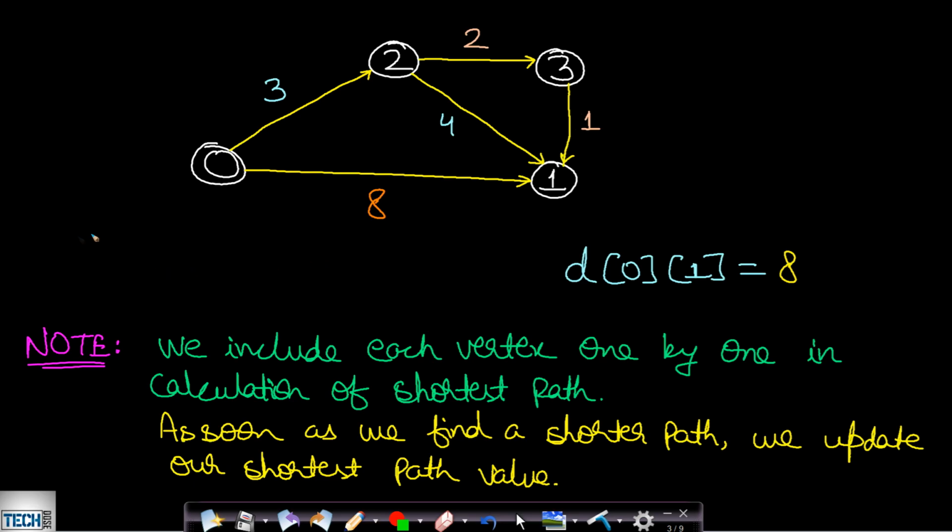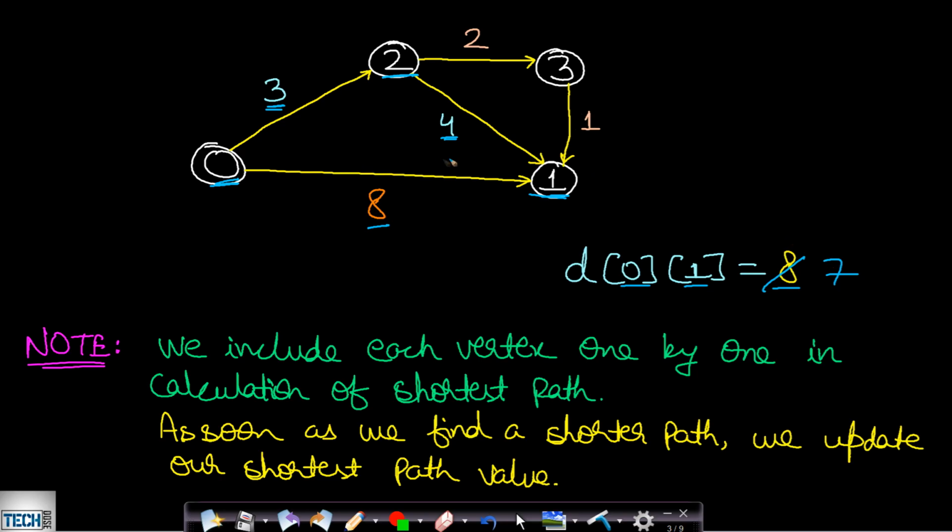Now having seen the problem statement, let us assume that this is our given graph. We do not know the distance from 0 to 1 in general; we have knowledge just about the adjacent distances. So from 0 to 1 we know that the distance is 8. Now let us include node 2 and see if we have an alternate lower cost path to reach 1 from 0. We have a path via 2 of cost 3 plus 4, which is 7. The already known cost from 0 to 1 is 8 and the new cost is 7. Since 7 is lower, we replace the cost and write 7 here.